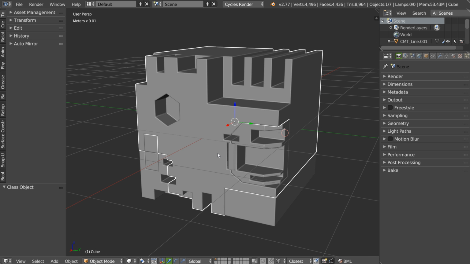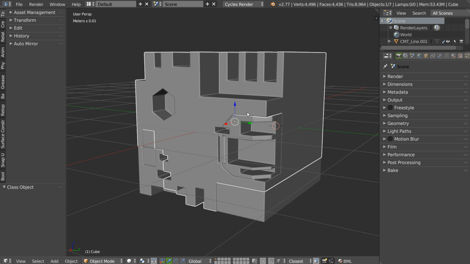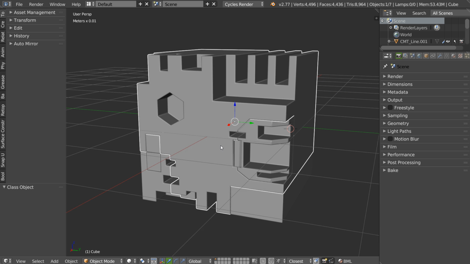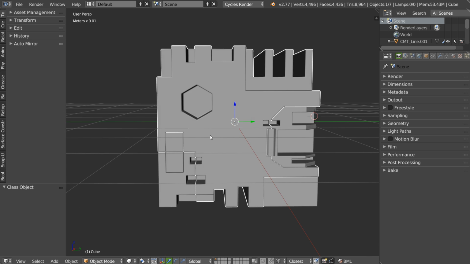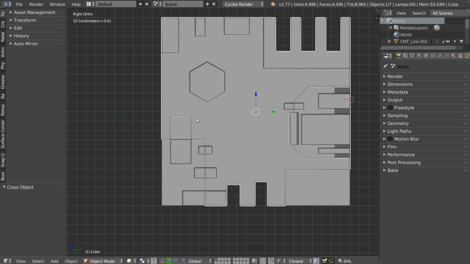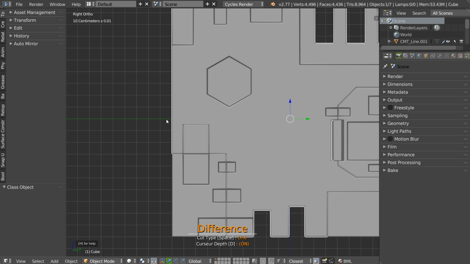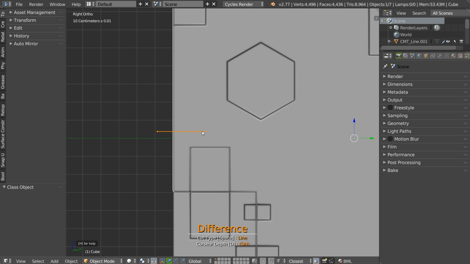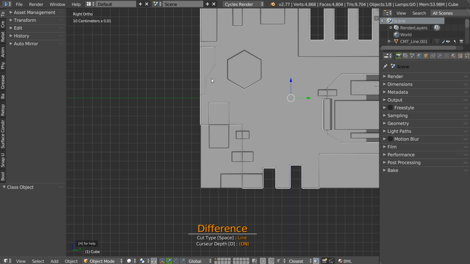Carver works with HardOps too. If you prefer to use HardOps, you can use HardOps. You can also use Box Cutter. Box Cutter is really nice too. It's fast. Carver has the line tool. I really love the line tool. It's really simple and it's really nice. Yep. And with the snap, as you can see, poof, the result is perfect.